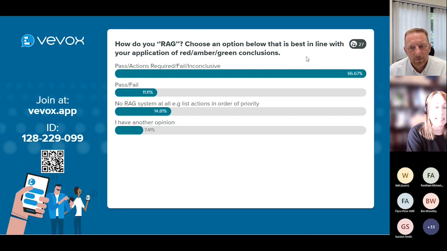Like fail is just horrendous. Do not use this system. Decommission it right now. Put it out of use right now. Fail. It's not doing its job. Something's very, very wrong with it. But then amber, I would say more for